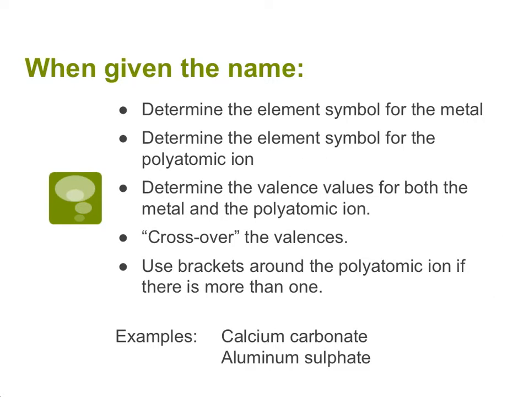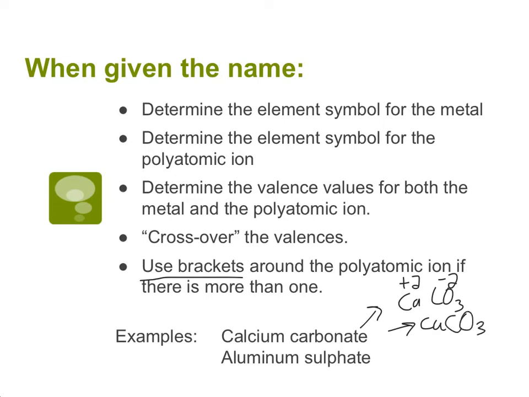When you're given the name, what you're going to do is determine the element symbol for the metal, and for the polyatomic ion, we're going to figure out the valence values for both, crisscross those valences again, and then we need to use brackets if we have more than one polyatomic ion. So let's do two examples. We'll do calcium carbonate. So calcium is Ca, carbonate is CO3. Calcium is +2, the carbonate is -2. If we crisscross those down, you would get Ca2, CO3 2, which is just going to reduce to